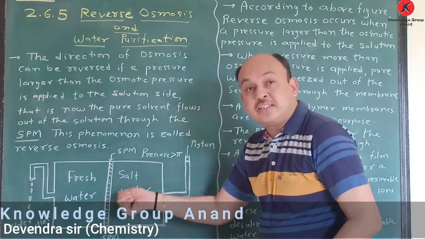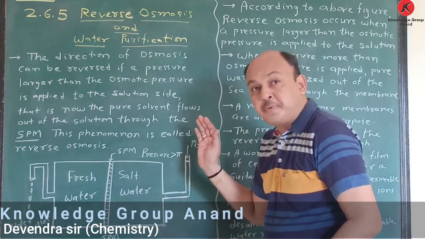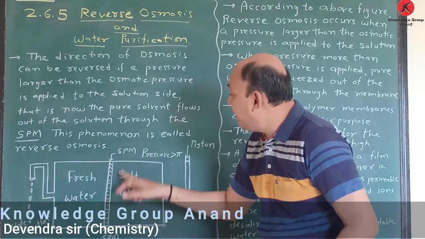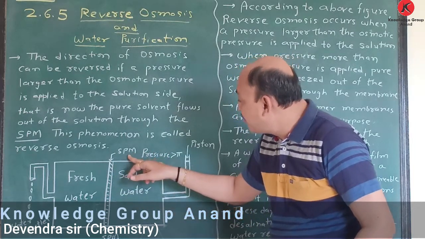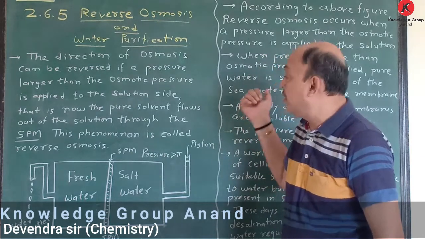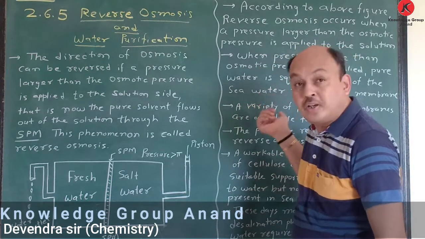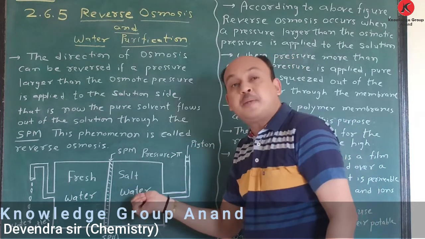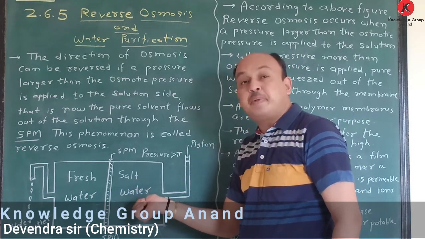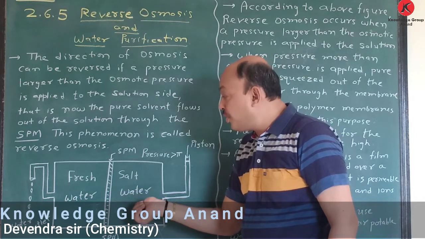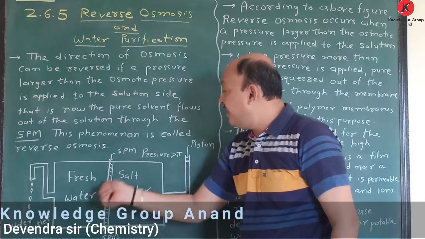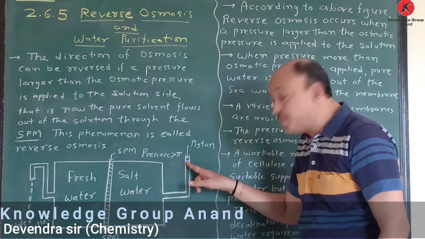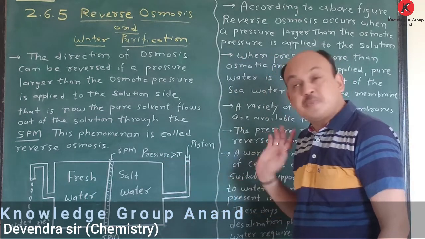Semi-permeable membranes are not used perfectly, and that's why they are used in different ways. We don't mention this in the next topic, but just you see, here salt water is there, which contains certain impurities, ions also, and here fresh water is there, here the SPM, the semi-permeable membrane, and here atmospheric pressure is there. So what is the meaning of osmosis?